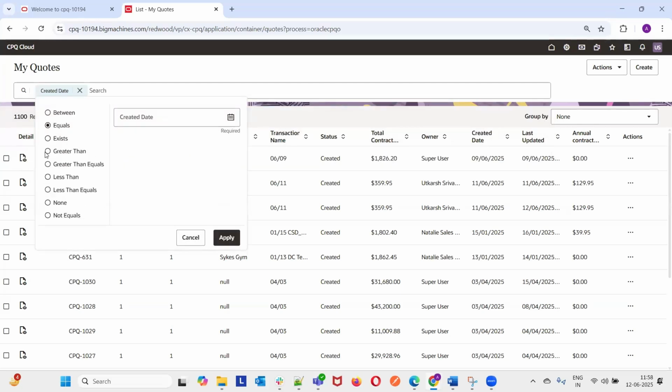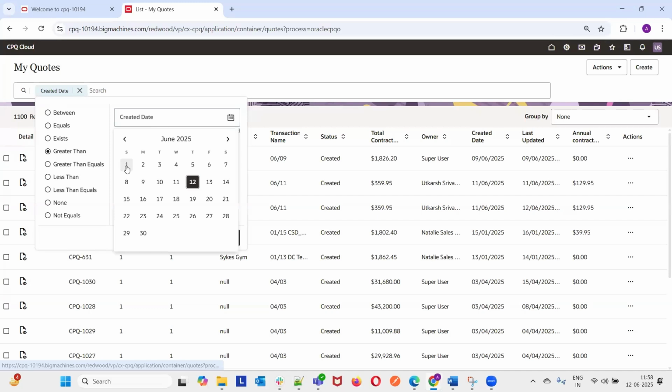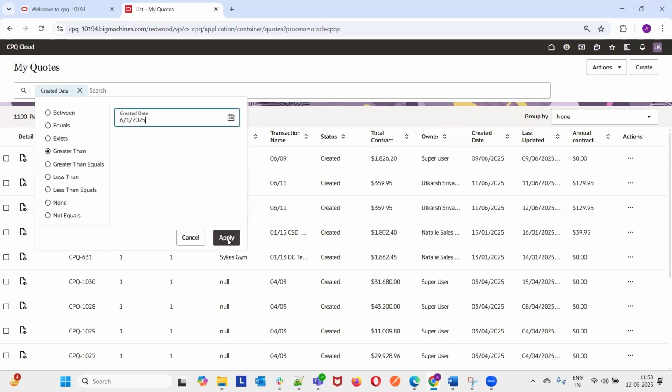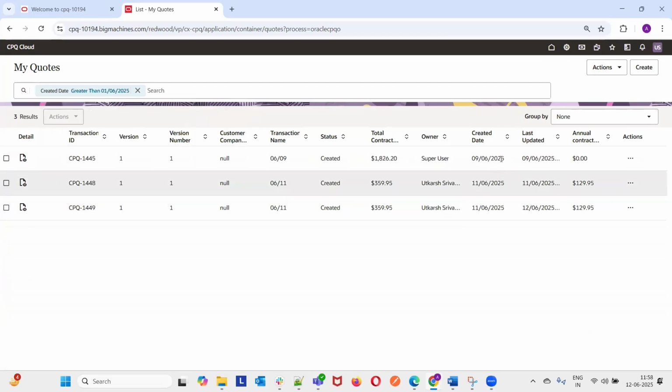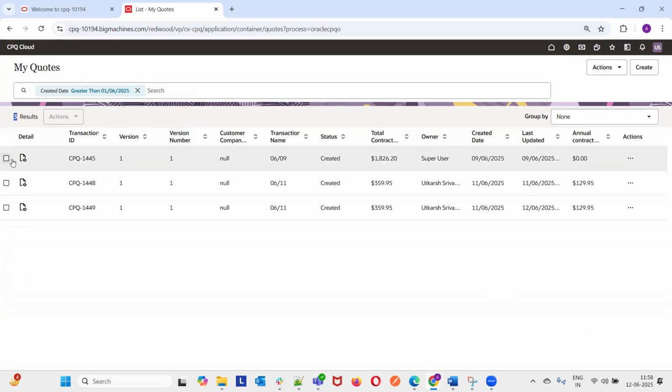and select greater than 1st of June, and I apply this, we can see the list of the codes which have been created after that particular date, and we can see the count of the result after that search.